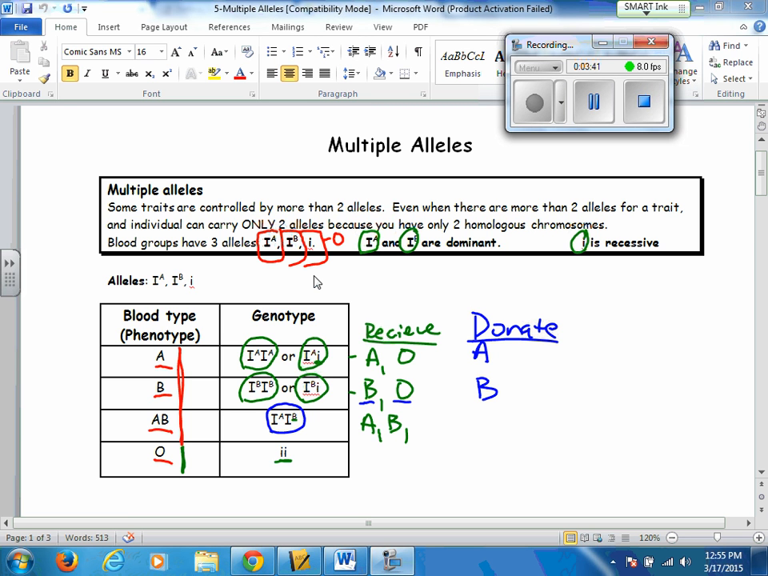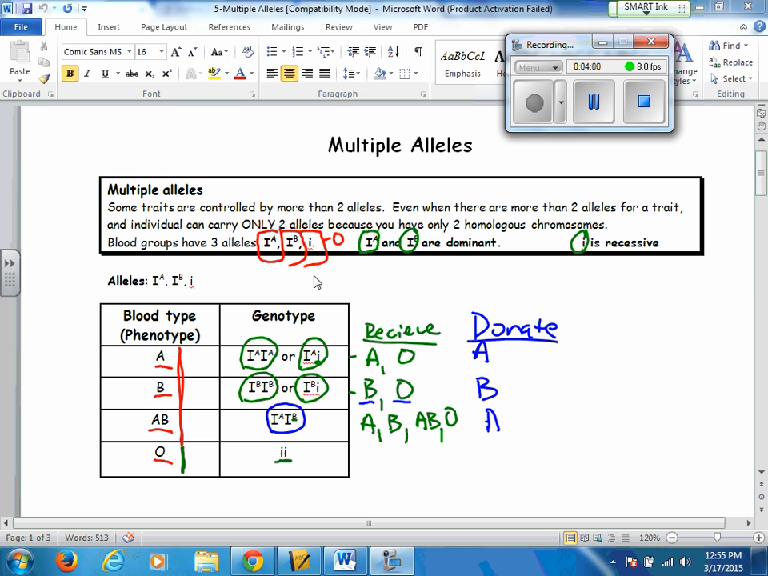You can receive blood from, of course, AB people because, well, that's just who you are, and you can accept blood from O people. So that means that if you're type AB blood, you are the universal receiver. You can receive blood from anybody, but